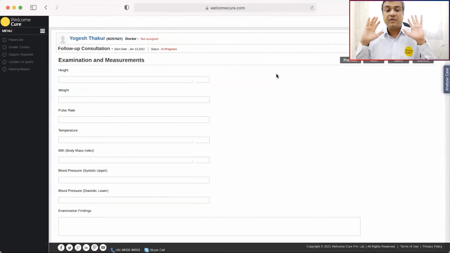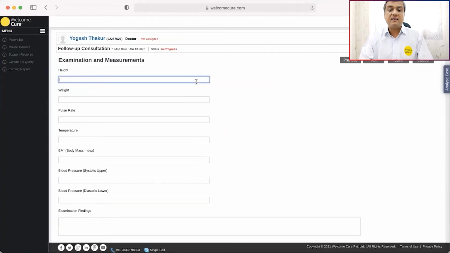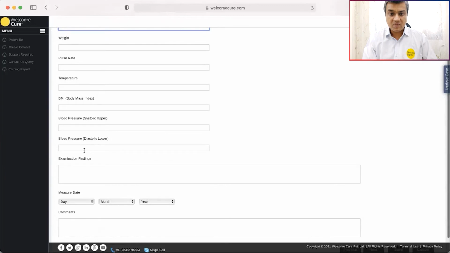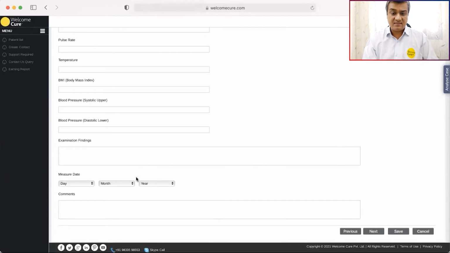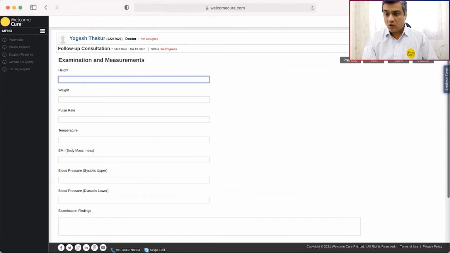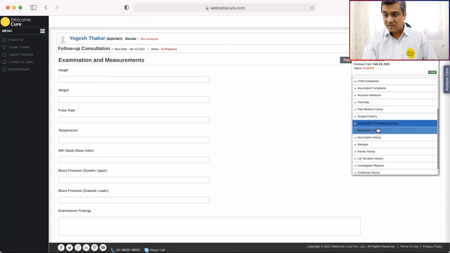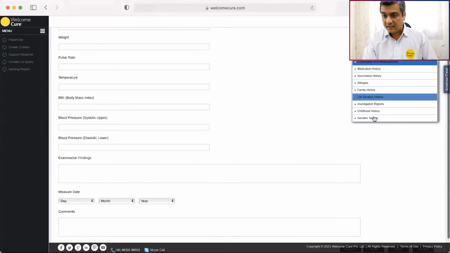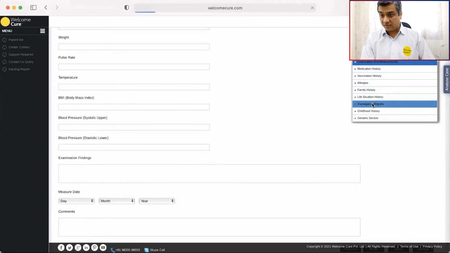It's all safe, secure. What you write here, it's all there on the cloud and you can access it anyway. So height, weight, pulse rate, temperature, BMI, blood pressure, everything is here. If we go in some other sections, say, something like investigation reports.